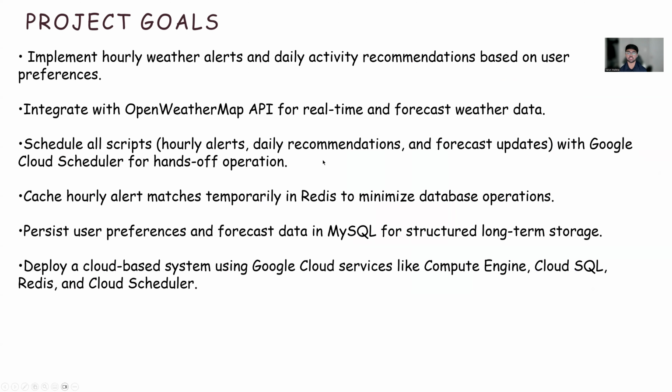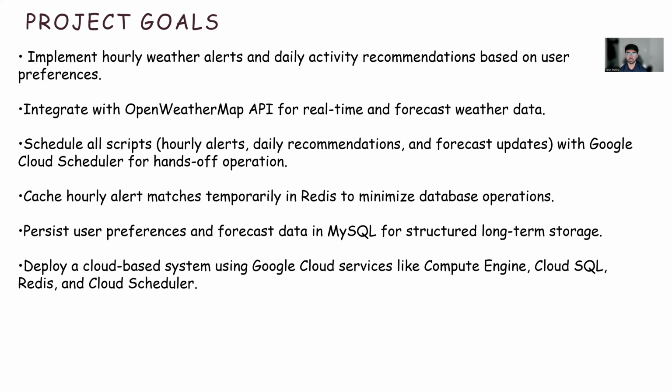The main goal of my project is to build an automated weather alert and recommendation system wherein users set their preferences in the front end, and based on their preferences, they get an hourly weather alert if the preference matches, and they also get a daily weather recommendation notification one day before for outdoor activities. If the weather matches, they get a notification that it is suitable for outdoor activities. If not, they get an email that it is not suitable to go outdoors for the next